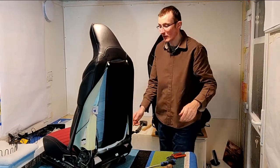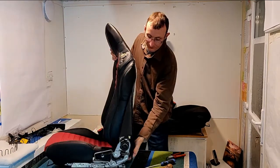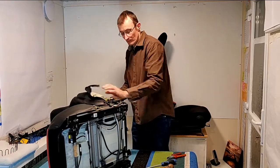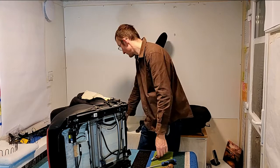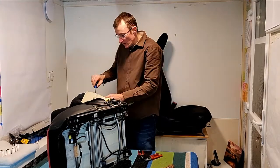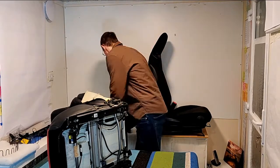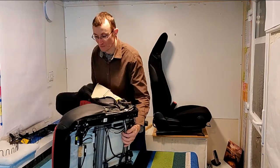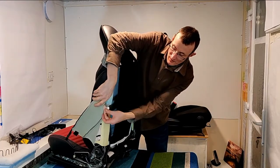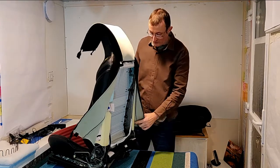I'm just going to turn the seat round a bit so that I can get into it more easily. Long nose pliers might actually... My little tweak with the screwdriver. There we are. Okay, so tweaking it with the screwdriver, that clip's now come off, so we can begin to remove the rest of the seat cover,